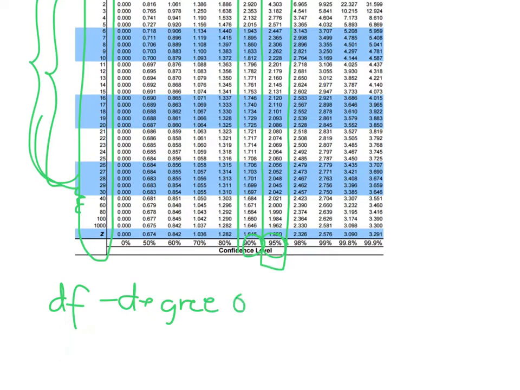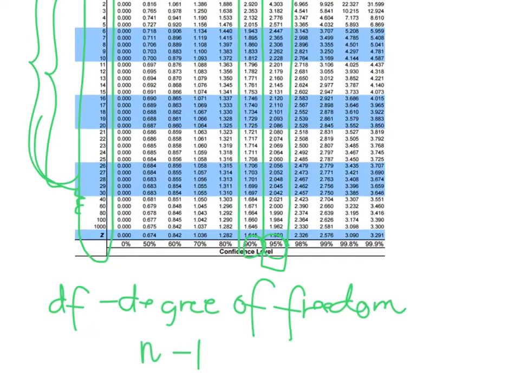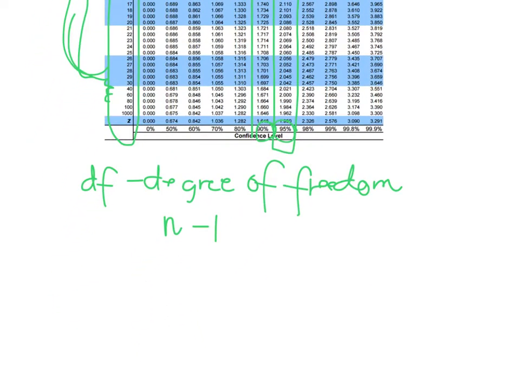So to select the degree of freedom, the degree of freedom is basically the sample size less 1, or n minus 1. So if we have 10 values available from the sample, then 10 is our n. So the degree of freedom df is equal to n minus 1, and that is equal to 10 minus 1